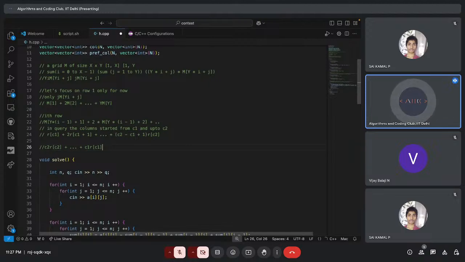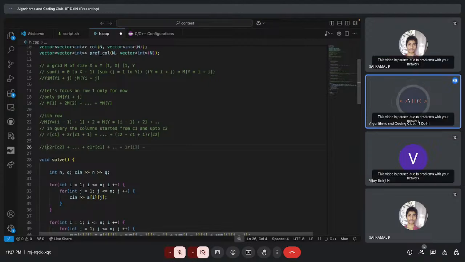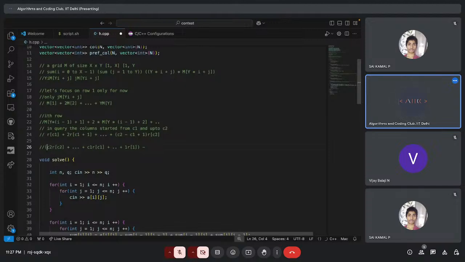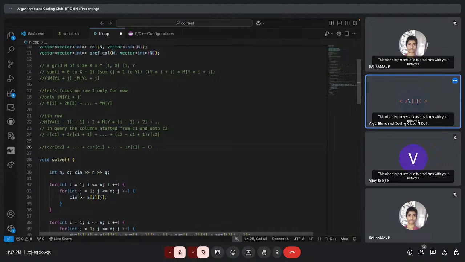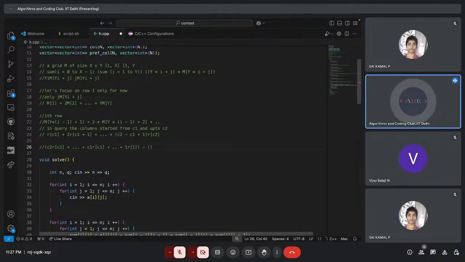minus C1 minus 1 times R of C1 minus 1 plus so on up to 1 times R of 1. And this is not divided, I'm sorry, this is finally subtracted,